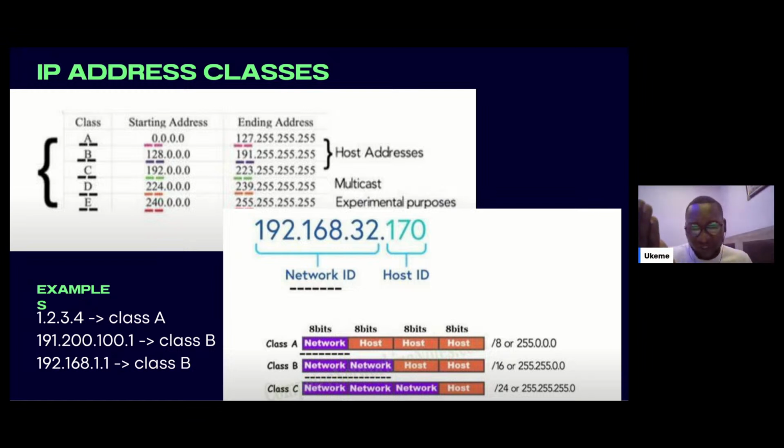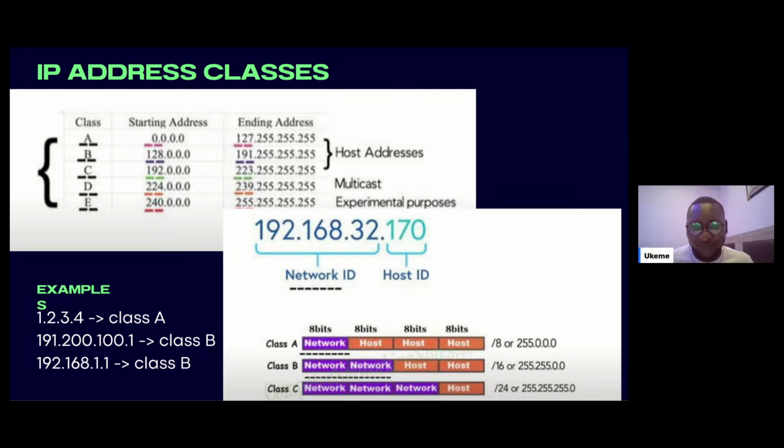Each unit you get is 8 bits. So we have 8 bits of zero, 8 bits of zero, 8 bits of zero, 8 bits of zero, right? And it ends with 127.255.255.255. We will soon explain what those 255s are.